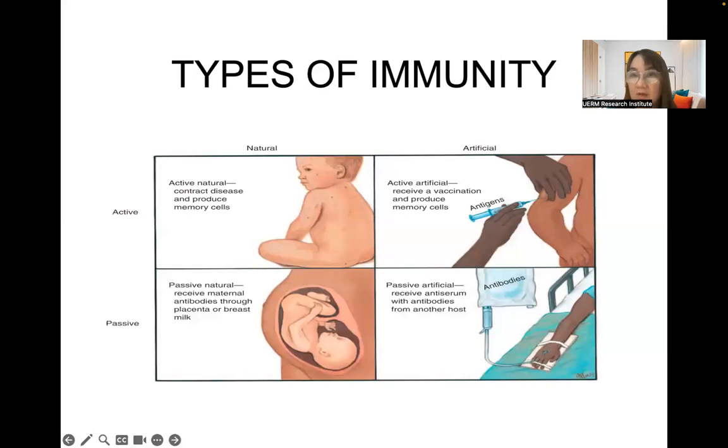In addition, we have natural and acquired immunity. Natural immunity occurs through contact with a disease-causing agent. Artificial immunity develops through deliberate actions of exposure. Naturally acquired active immunity develops on exposure to a pathogen, leading to subclinical or clinical infection that results in a